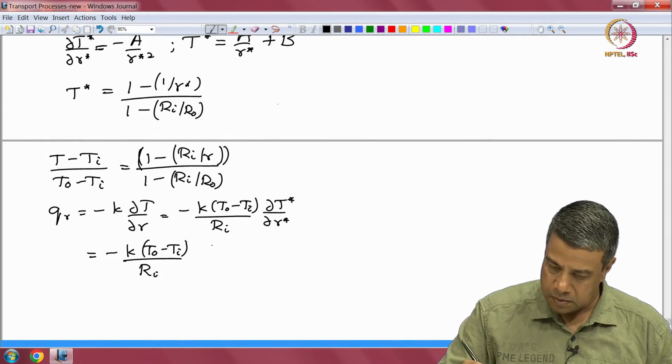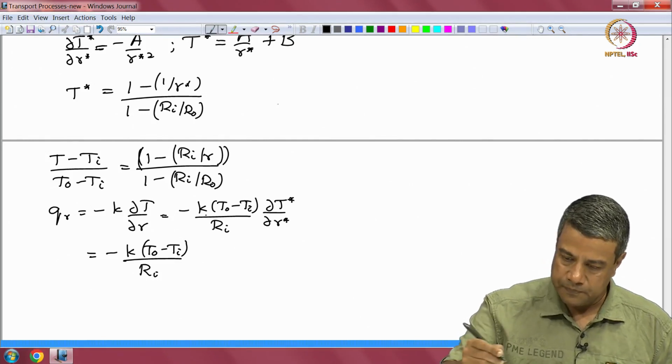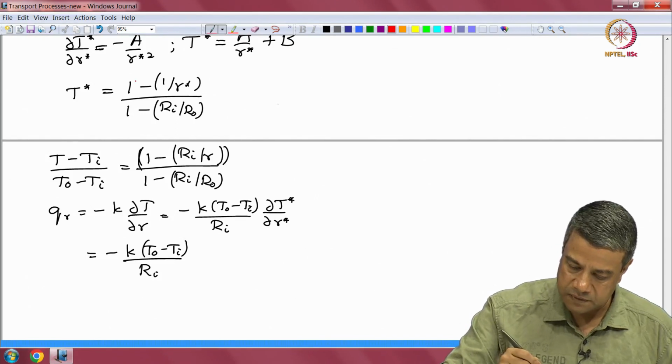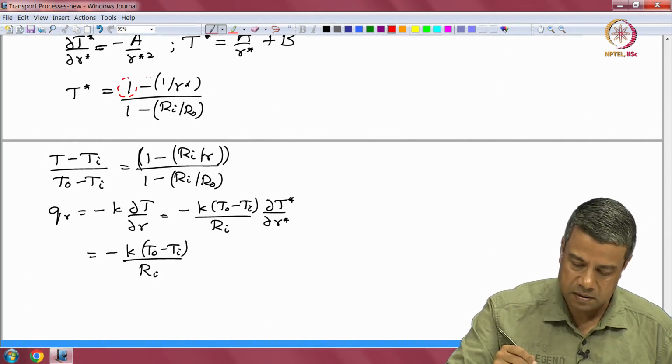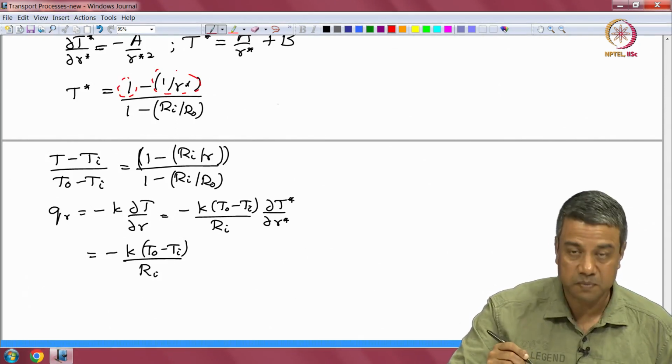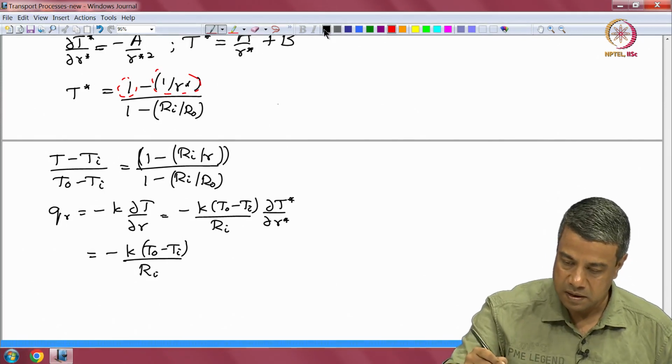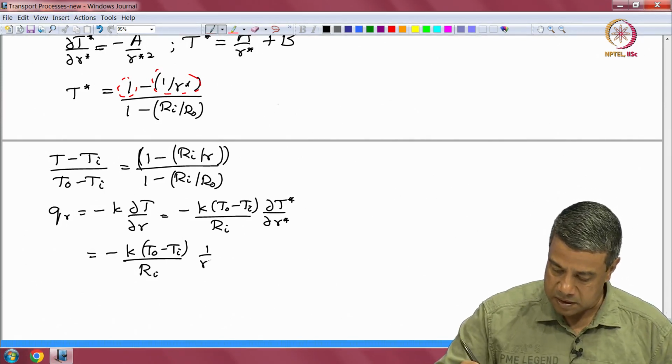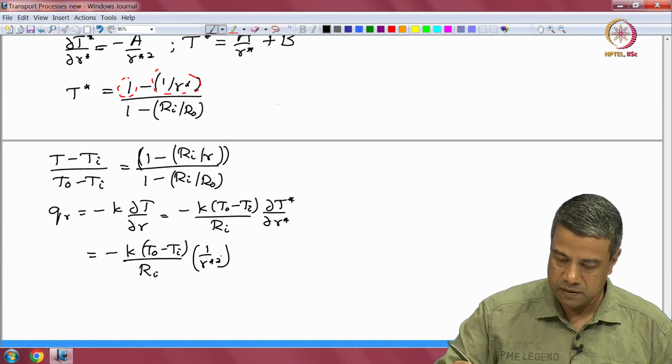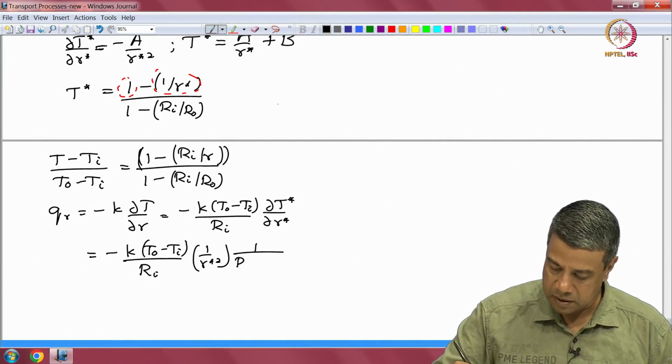The first term is just a constant, so that derivative is 0. The second term goes as minus 1 over R star, so I'll get plus 1 over R star square as the derivative in the numerator, and I get 1 over Rho